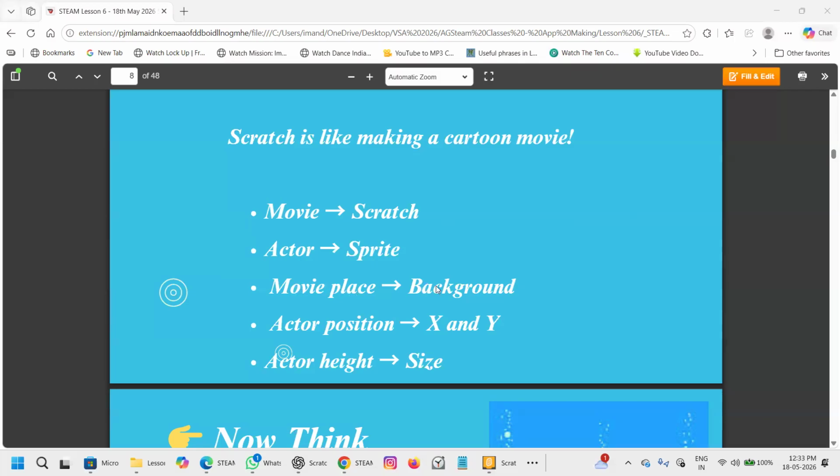The movie place is the background. And the actor position, X and Y. I will explain that. And the actor height, size. So is this clear now? Up to here, is it clear? Yes, okay.